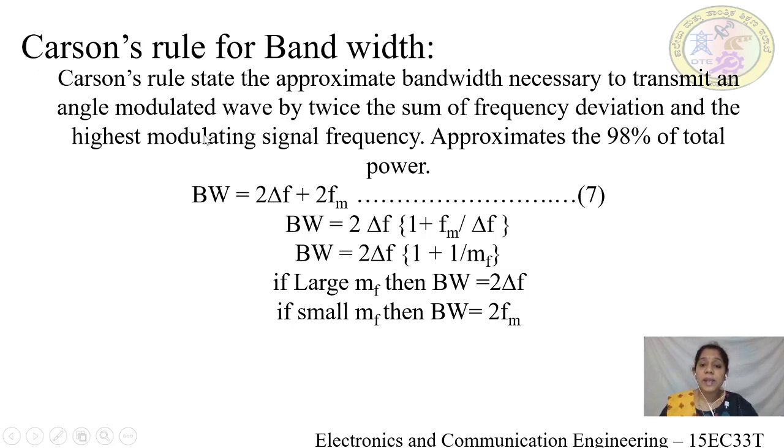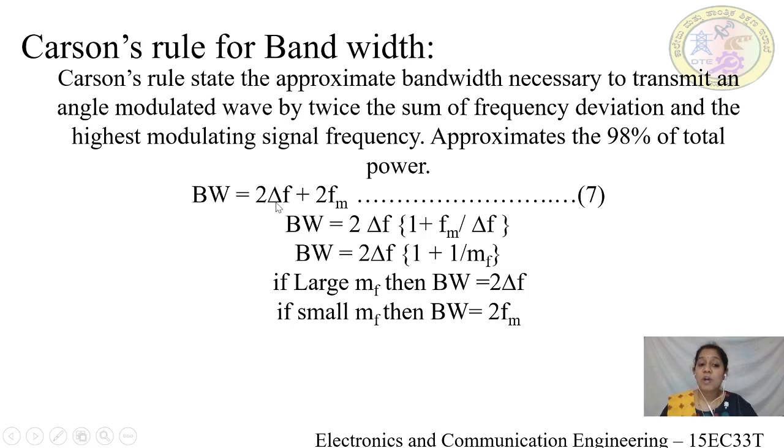What does Carson's rule say? Actually, strictly speaking, in the case of a frequency modulated signal, the bandwidth is infinite, because it has an infinite number of sidebands. So for the transmission of such a signal, we require infinite bandwidth. So Carson set up a rule where the bandwidth will be equal to